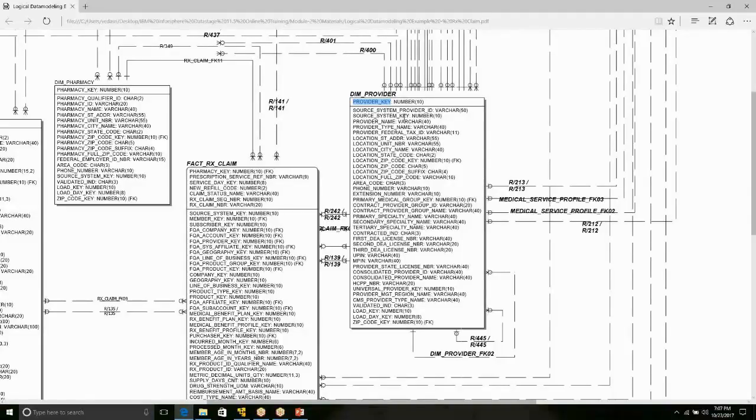Dim_provider is one of the tables. What are the primary keys in this table? What are the foreign keys? What is the length of a particular column? Let's take an example. Location, street address, they mentioned here as Varchar 55, for example. But in some addresses you are seeing more than 55 characters. Then you can go back and talk, because you are the one really dealing with the data, right? As part of your testing, you identified that the street address has more than 55 characters. Then you can go and talk with your modeler: I found that this address is defined as Varchar 55 length, but I want to,